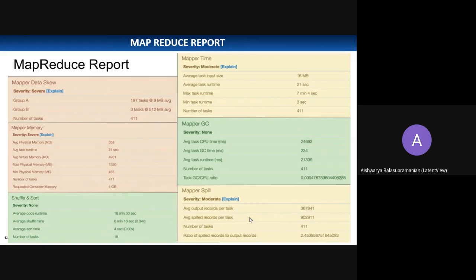So for example, my mapper data queue, the amount of data that comes into the mapper, is itself not evenly distributed. Some large chunk of data is falling into one mapper, because of which it is taking more time to compute. It is definitely possible that it could take a long time to run. So it is my responsibility to go and tune. Dr. Elephant will give me the suggested parameters with which I have to tune my job.